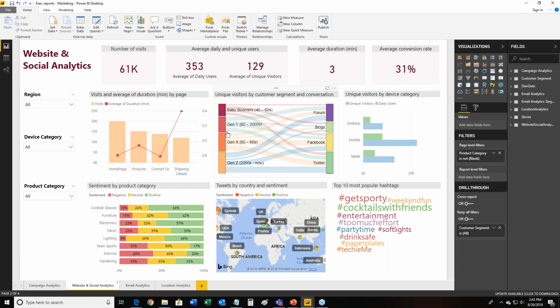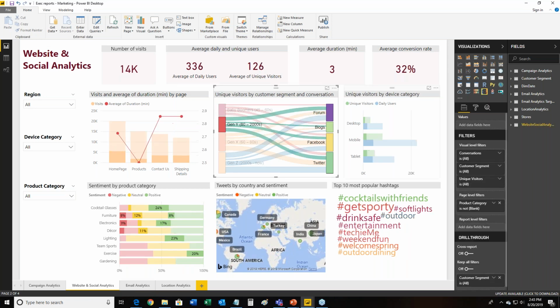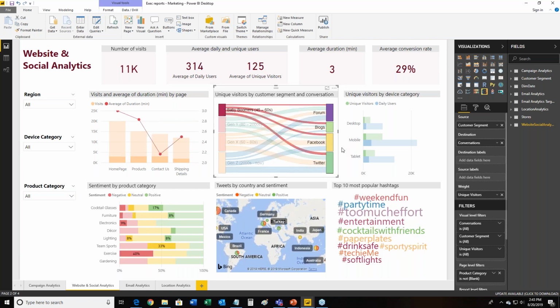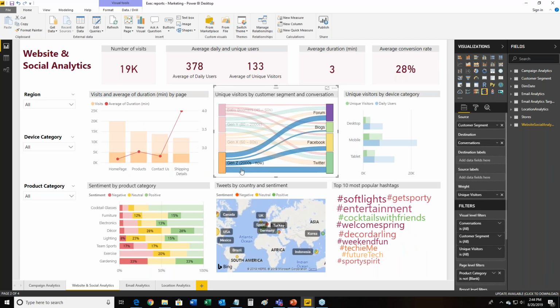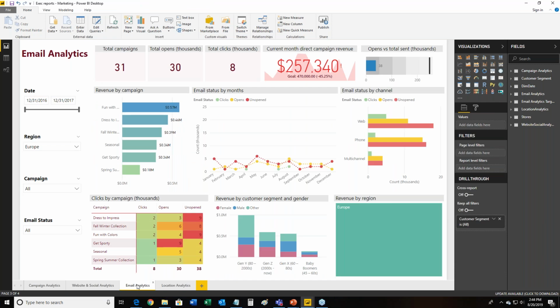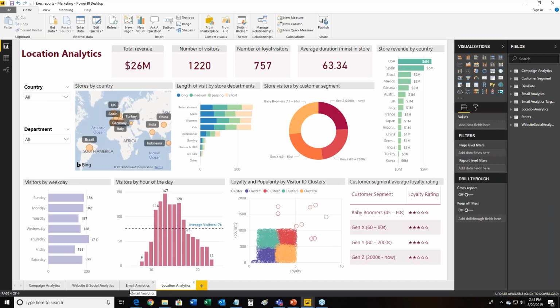more data. Hey, the Gen Y, they more or less are using blogs less, Twitter, forums, and Facebook more. What about baby boomers? Okay, what about Gen Z? All interesting information. Same with email analytics. And they also have location analytics.